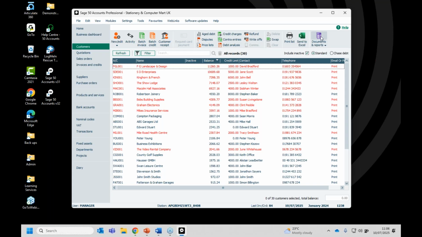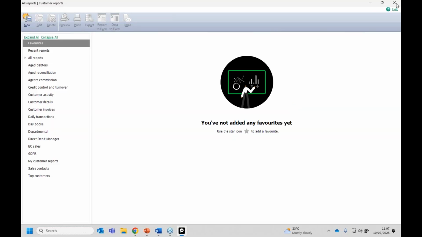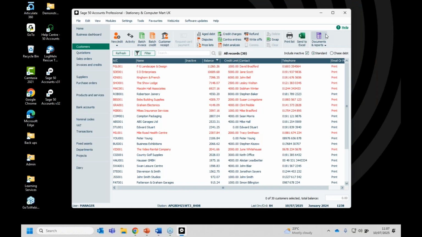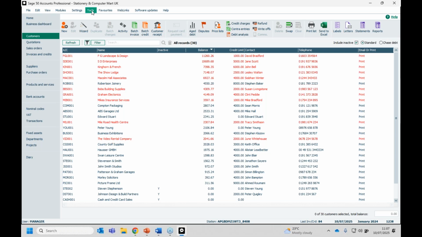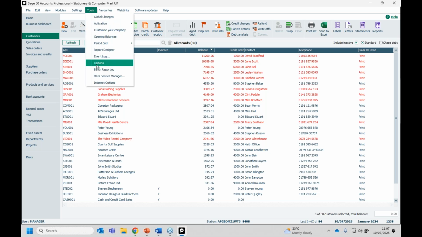At the moment, mine's set to reports. If I click on this, you can either click on the drop down and choose from here, or you can set one that you know you're going to be using often. So then you can just click here if you know you do the reports all the time. Click reports, and it'll bring up the reports window. So you can actually change what this default icon is. If I go back into Tools again, and back into Options,